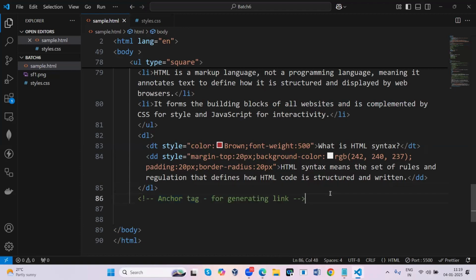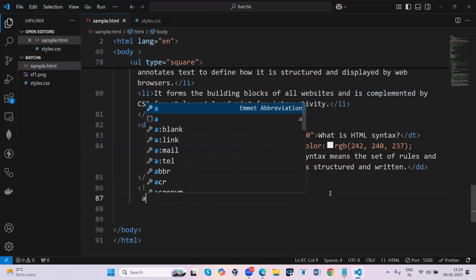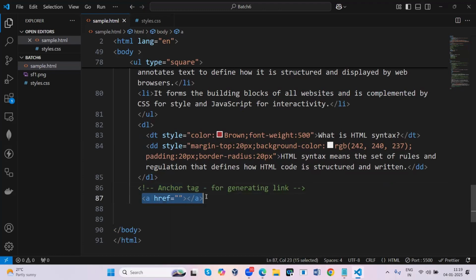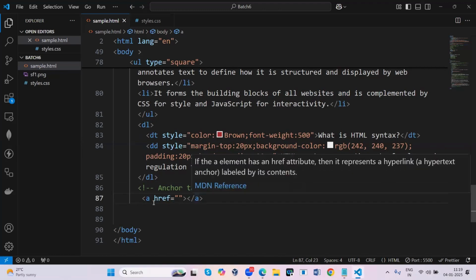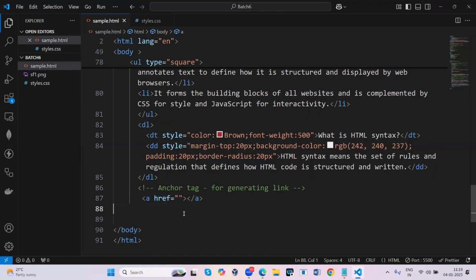Now simply type A and press tab. Automatically it will give the opening tag, closing tag and default attributes. So you have created it. When you click that, you must give either text or icon or some image, whatever you like.